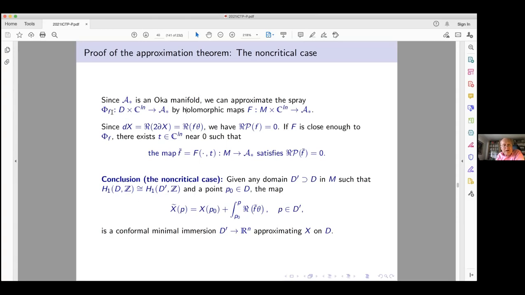The main point was that we had a holomorphic map, little f, from that compact set into this null quadric A star, the punctured null quadric. And then first, we want to approximate it by a map on all of M, which we can do because A star is an Oka manifold, it's a homogeneous manifold. But in addition, we want to have zero real periods, right? This is important because when you want to integrate, you want these periods to vanish for the integral to